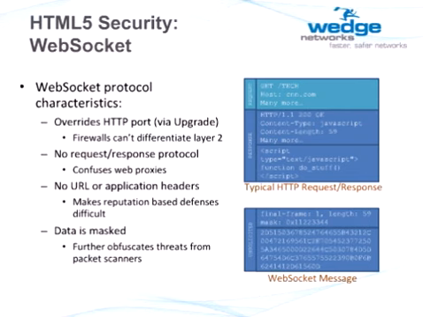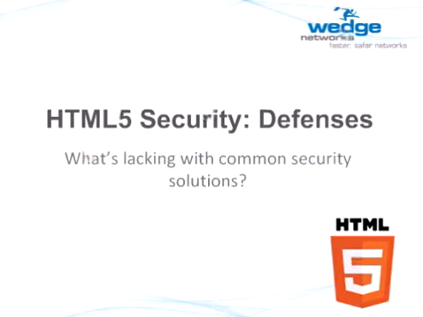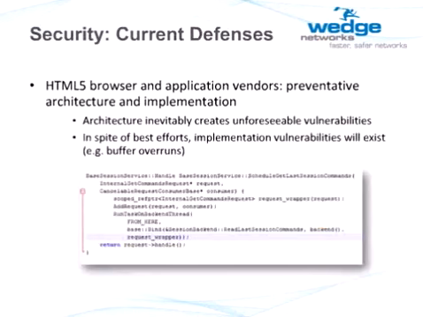So we talked a little bit about the concerns, and let's talk about the defenses. We'll start off talking about some of the traditional defenses that we're used to. The first line of defense is actually the browser and application vendors. These are the folks who try to design a preventative architecture and implement in a preventative way. But we know inevitably